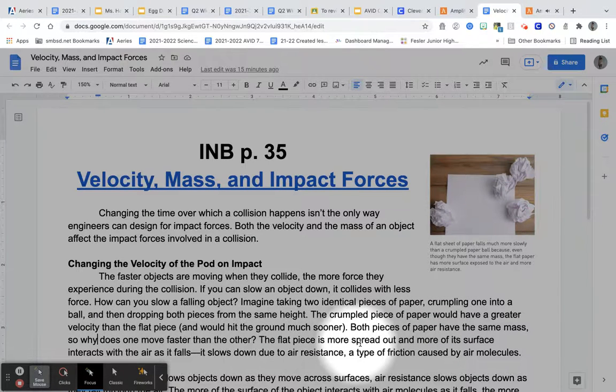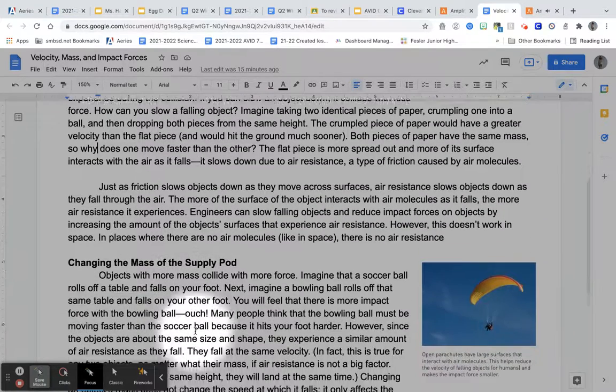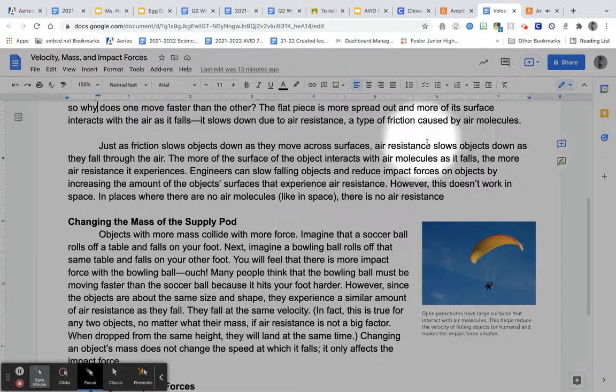The flat piece is more spread out, and more of its surface interacts with the air as it falls. It slows down due to air resistance, a type of friction caused by air molecules. Just as friction slows objects down as they move across surfaces, air resistance slows objects down as they fall through the air. The more of the surface of the object interacts with air molecules as it falls, the more air